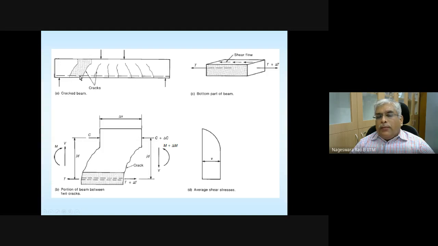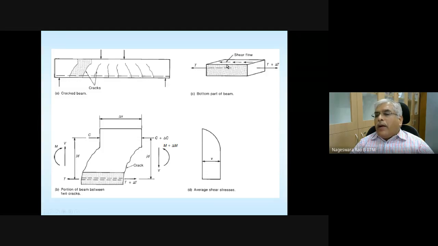Okay, so this is the reinforcement, and this is a cracked beam. Below the neutral axis, whatever concrete is there is assumed to be cracked or ineffective, and steel is going to take the tension. A small element is taken on the bottom part, with steel tension shown here. What are the forces acting on that element? They are shown here: T on this side, the length of this element is dx, so T plus dT on the other side.